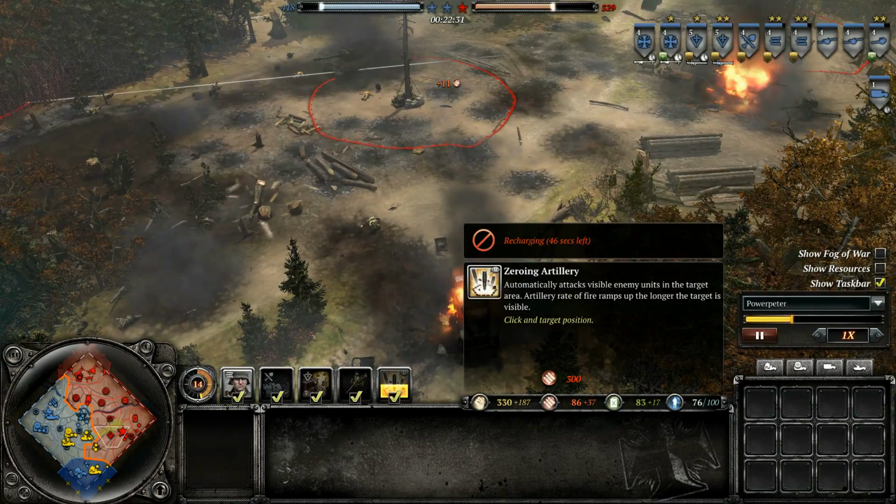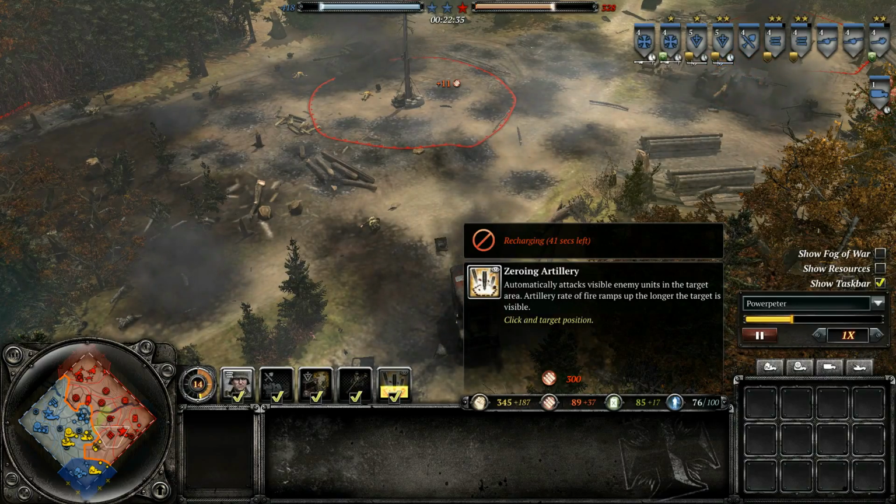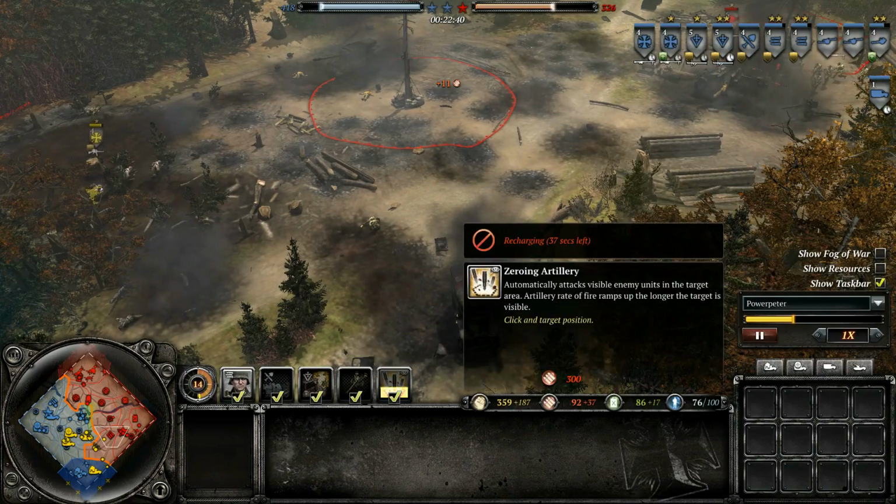Powerpeter, yeah, he's got the zeroing artillery. Automatically attacks visible enemy units in the target area. Artillery rate of fire ramps up the longer the target is visible. So wow. So kind of what was happening there was